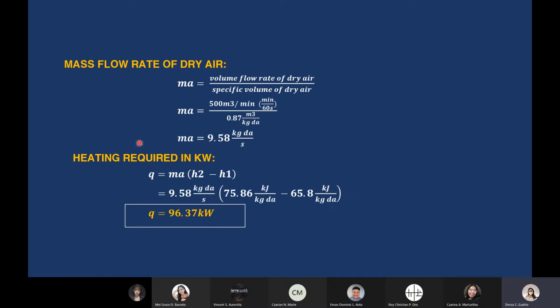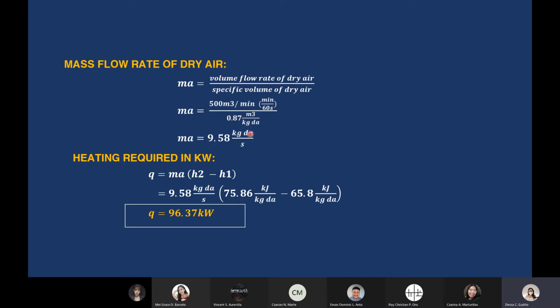And again, first to get the heating required in kilowatt, we need to find the mass of dry air. Given na nanatay nakuha nga value sa kaning H2 ug H1. So mass of dry air is volume flow rate divided by specific volume. So we have 500 meter cube per minute. So convert that to meter cube per second, and then divide the specific volume, and then we get 99.58 kilogram